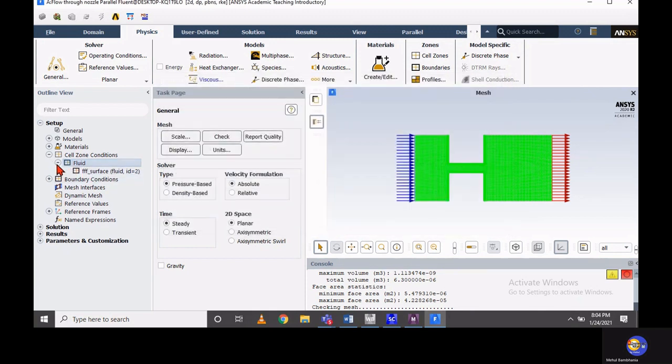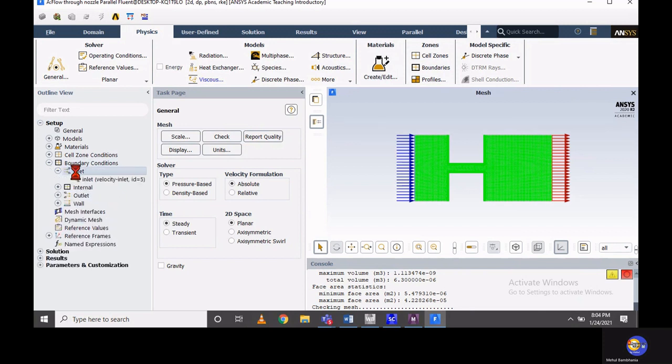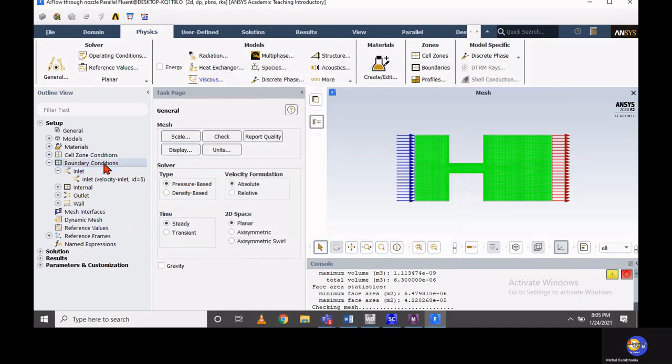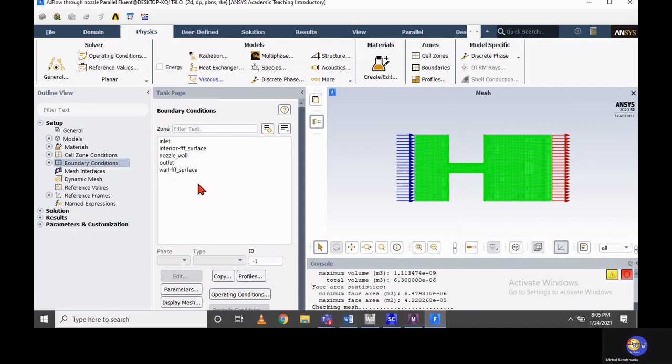So without fail you have to change that. After assigning the material to the cell zone conditions, we can assign the boundary conditions at inlet and outlet. In the current problem, at the inlet we have a pressure inlet, so I have to verify my inlet condition should be a pressure inlet condition. So go to the boundary conditions and select the inlet. Now on the boundary condition type, you have various types of boundary conditions that you can assign.